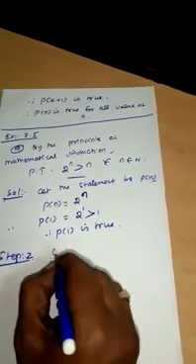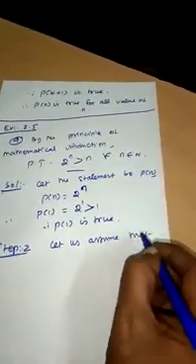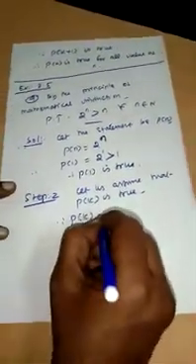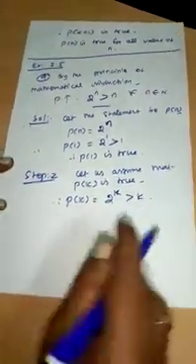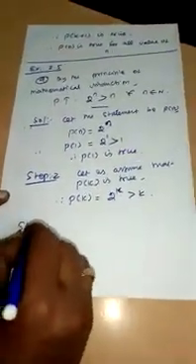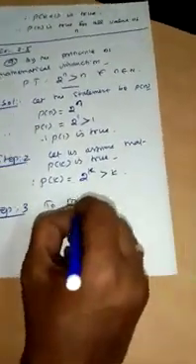Let us assume that Pk is true. That is, Pk is equal to 2 power k is greater than k. It is true. Then step 3. To prove Pk plus 1 is true,